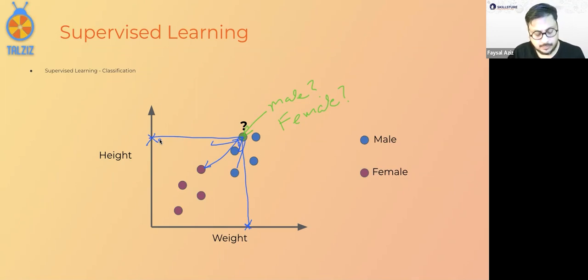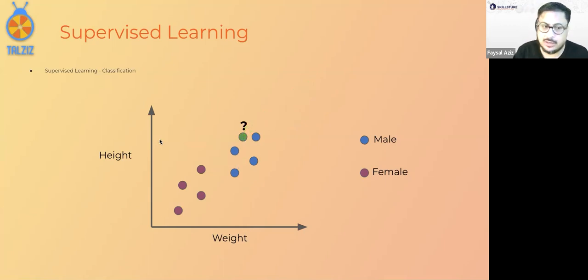So this is how generally a machine would predict it, that it seems to be a male. This is called prediction, to be able to predict. And you can do it with a variety of different kinds of data.